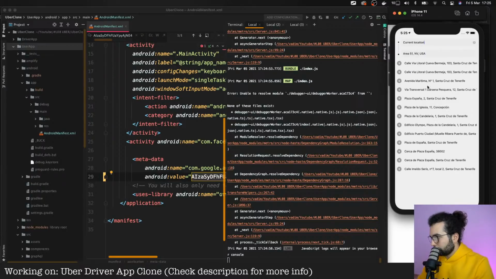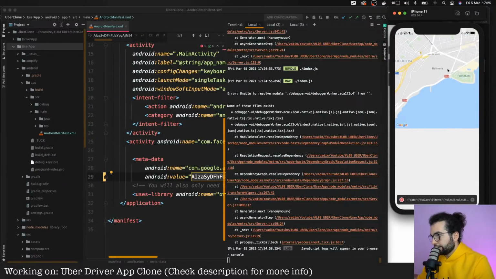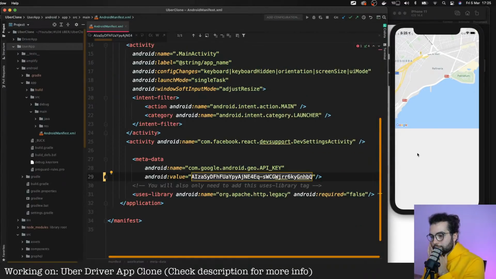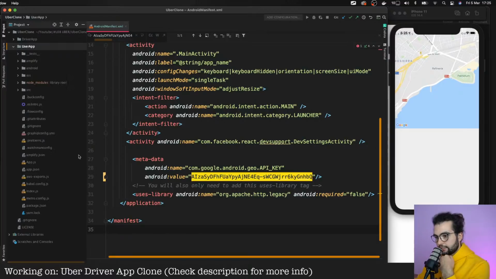I'm gonna go with current location. And after selecting an Uber and confirming an order, we should be redirected. Yeah, we are redirected to the order page. Here, initially, there won't be any cars. But we will need to subscribe to the updates about this order.